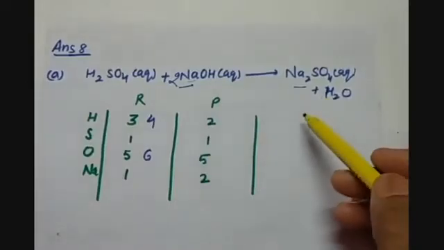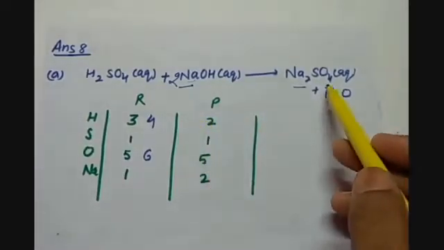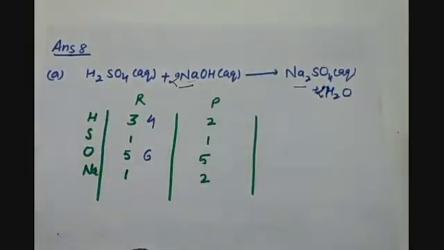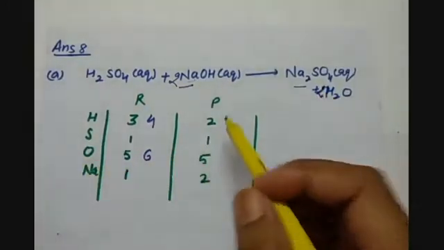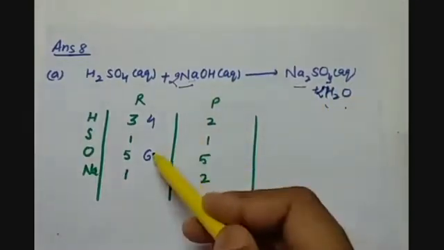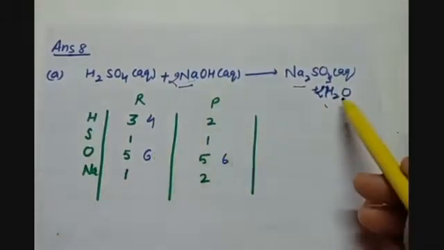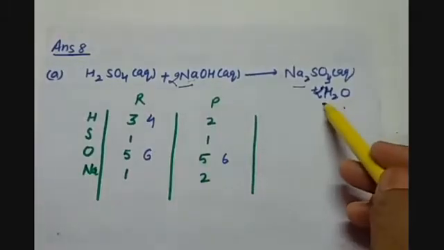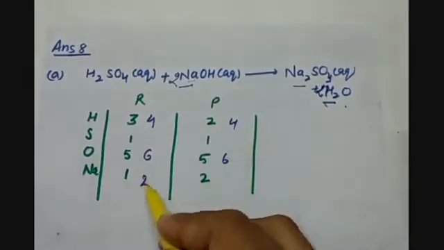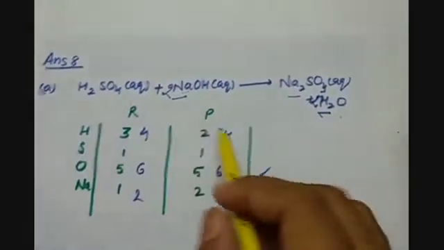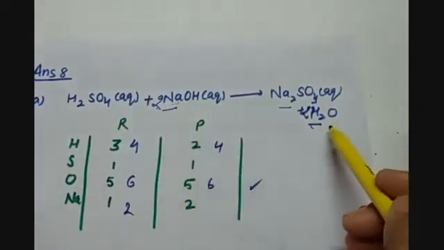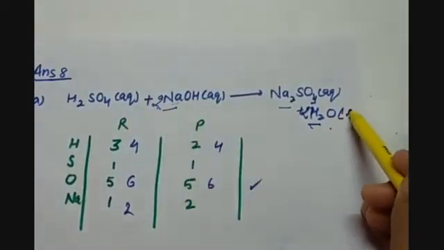So we have to balance them as well. Now, is it balanced? Here we have 4 and 2, 6 oxygen, and here also we have 6 oxygen, and 4 hydrogen. Yes, so it becomes balanced now. The equation will become balanced when we write 2 in front of NaOH and 2 in front of H2O, which is liquid.